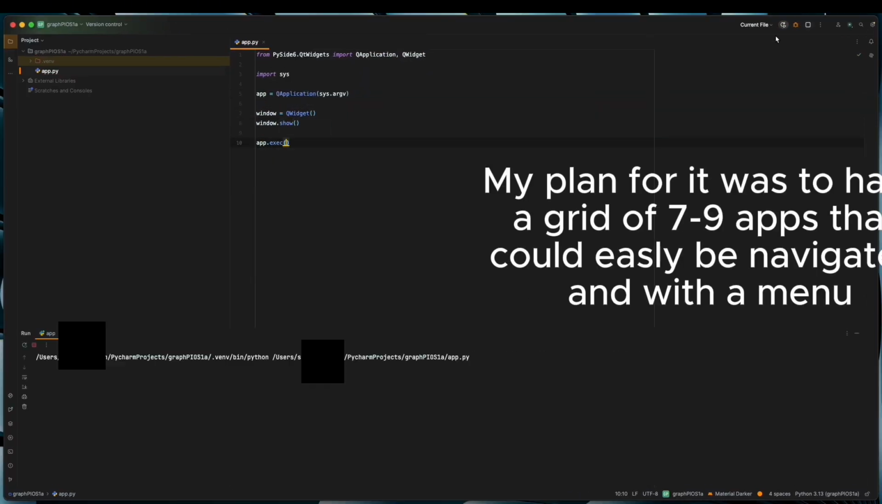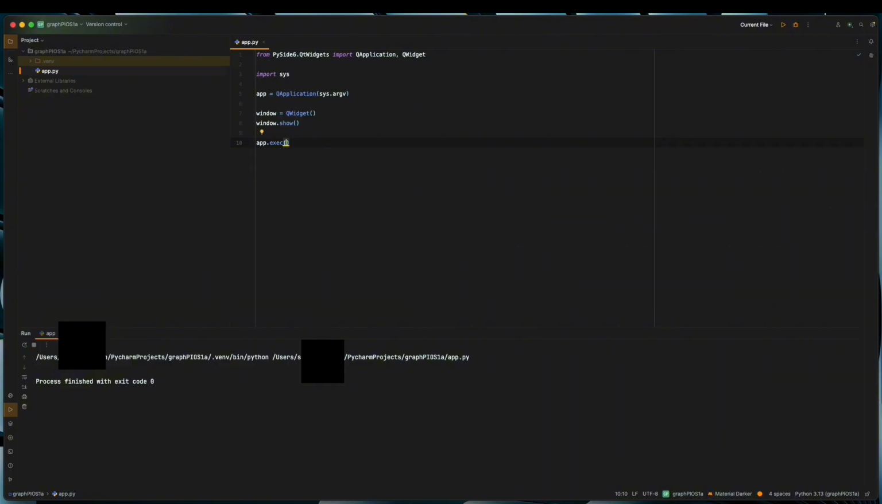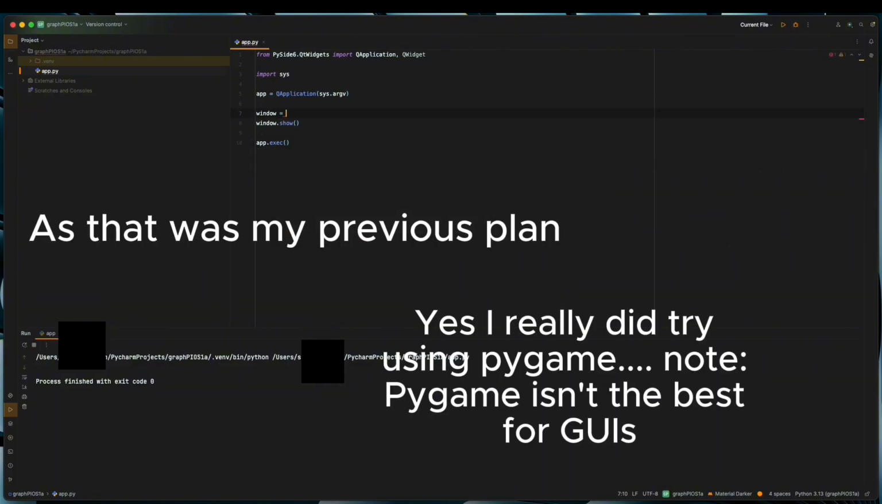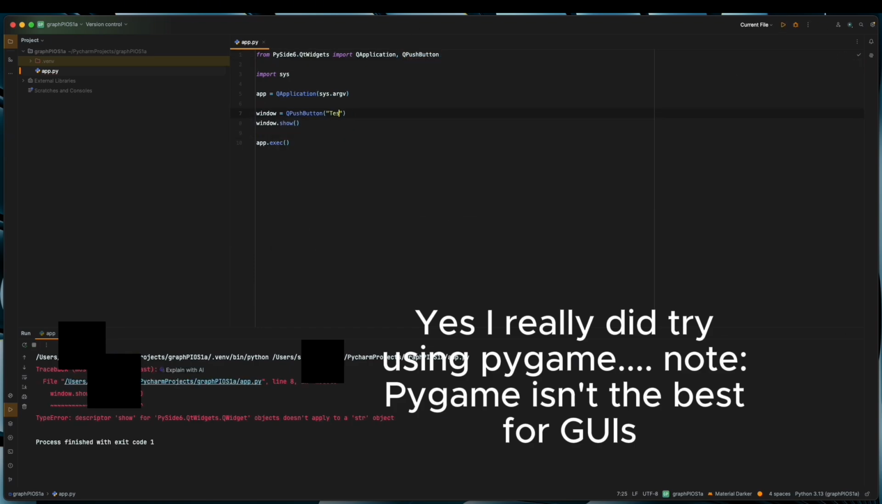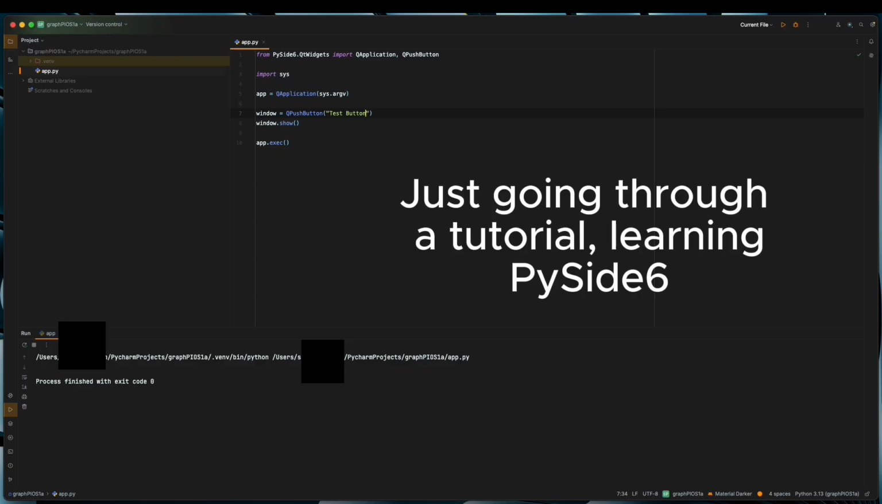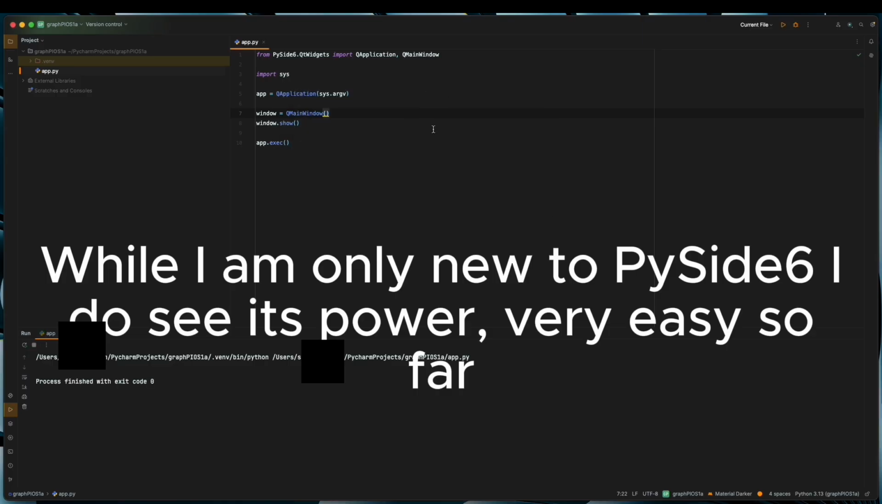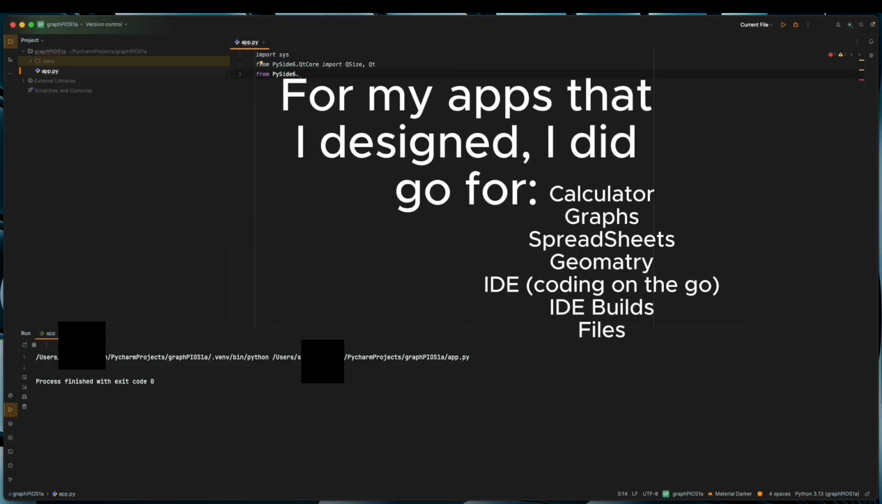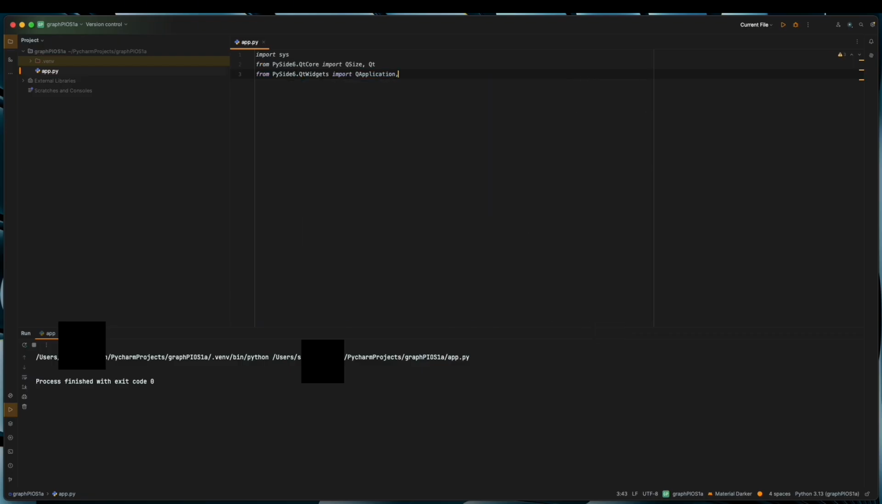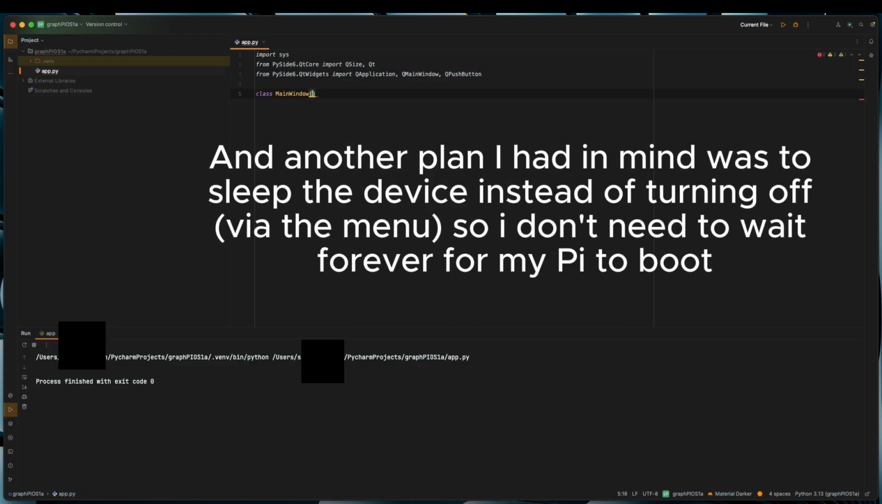My plan was to have a grid of 7 to 9 apps that could easily be navigated, with a menu, as that was my previous plan. Just going through a tutorial learning PySide 6. I had also pre-made app icons with a pixel art style. While I am only new to PySide 6, I do see its power is very easy so far. For my apps that I designed, I did go for calculator, graphs, spreadsheets, geometry,